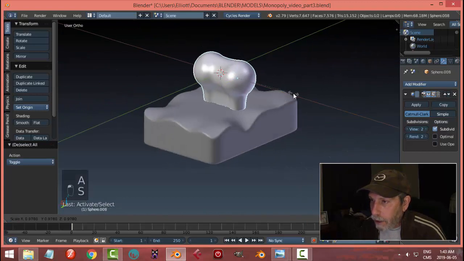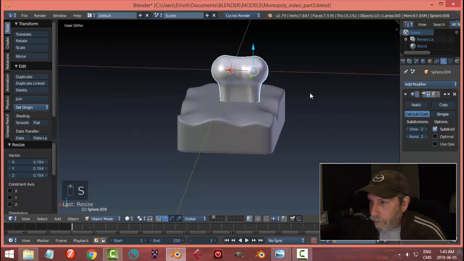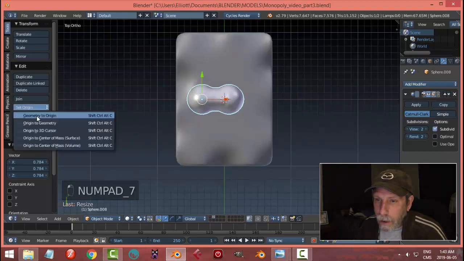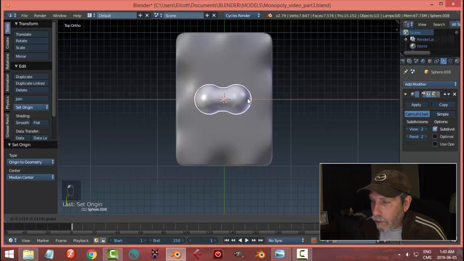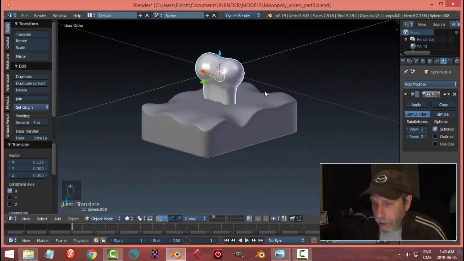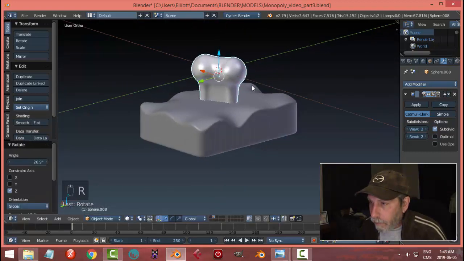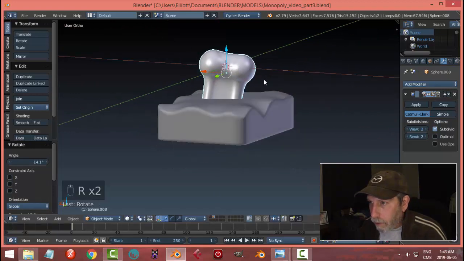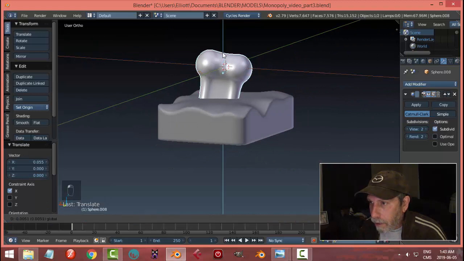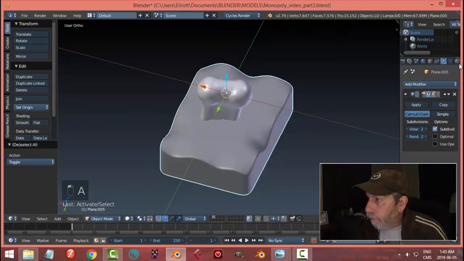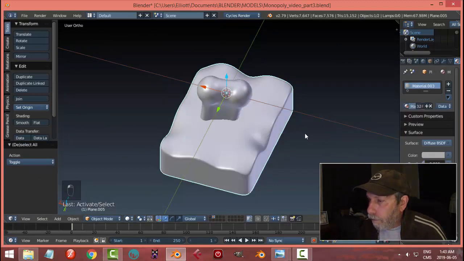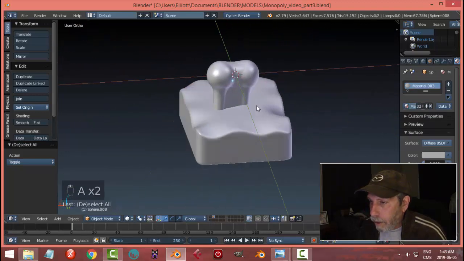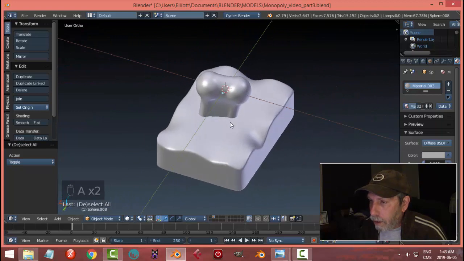I think I'll take this though, I'll scale it down. And let's set the origin of geometry and sort of center that up. I think I will rotate this in the Z, and we'll just rotate arbitrarily. So this thing is sort of sticking out of the ground there. Is that the right? Yeah. Okay, so if that's there,